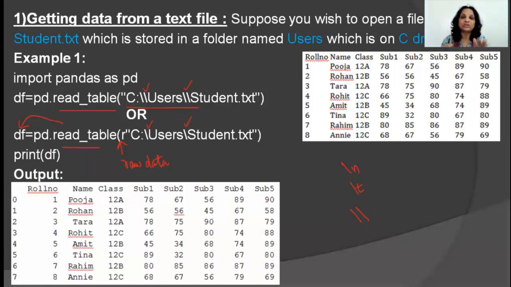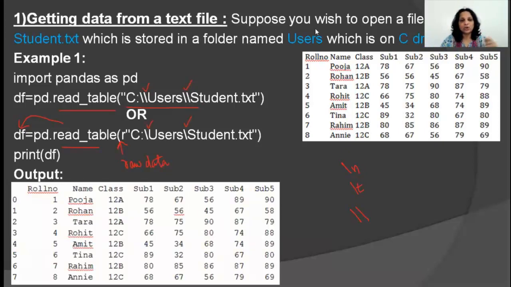So whenever we transfer the contents of a text file into a data frame, the first line automatically becomes the column names, and it starts getting index labels also. Now, the next slide that we are going to talk about is the CSV file. There we learn certain parameters, and these parameters that I talk about in CSV file can also be used with text files. So when we come to CSV files, I'll tell you some more things that you could do while transferring from a text file into a data frame, similar to what we are going to learn while transferring from a CSV file into a data frame.